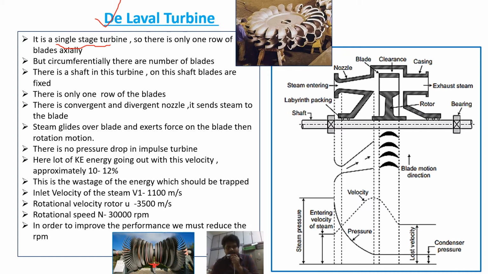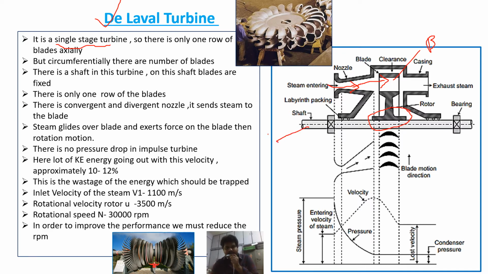As we know that the steam will enter from the nozzle to the turbine blade. When steam is entering through the nozzle, the function of the nozzle is it converts the potential energy into kinetic energy, so that the velocity of the steam will increase. At high velocity, the steam will flow over the blade. Okay. When it passes over the blade, it exerts a force on the blade so that the blade will rotate.